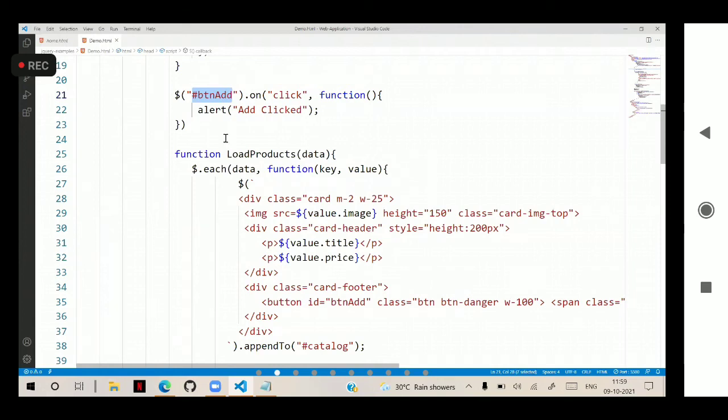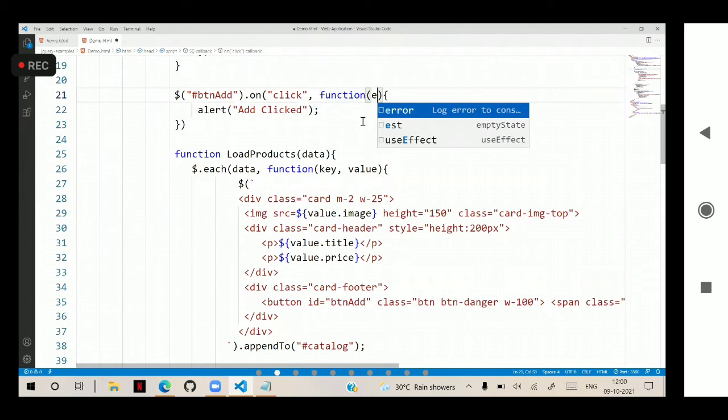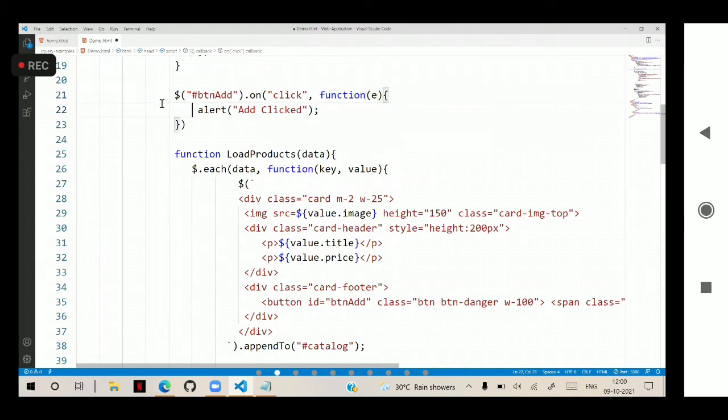Actually, in our example, only that alert click should not happen. We have to collect the data from it and use that data. That is, the data needs to be passed into it. So in that case, to pass the data into it, the event arguments are defined. That means event arguments means e. We have to collect the button ID or button name or button value and display it. So let's see how we can handle it, how we can display it. One second.